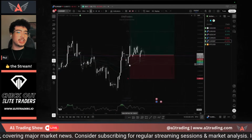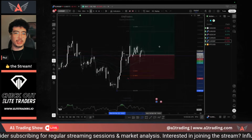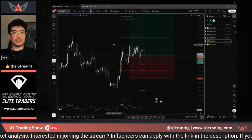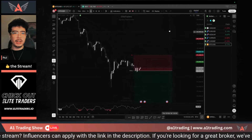The reason I'm happy to hold this is because the entry hasn't been invalidated yet. We're still on a 50% retracement, or still sort of above this 50% retracement that we saw. And it looks like we might be getting a bit of a trend change here on the H4. So yeah, there's some supportive technicals. Lastly,